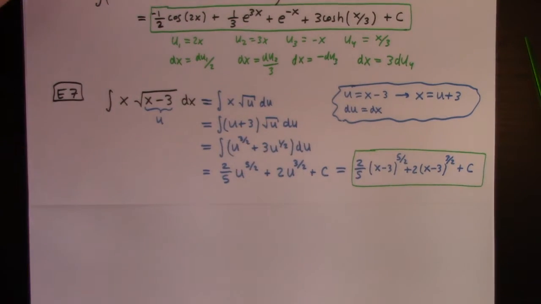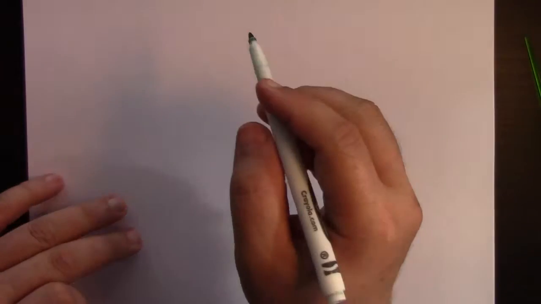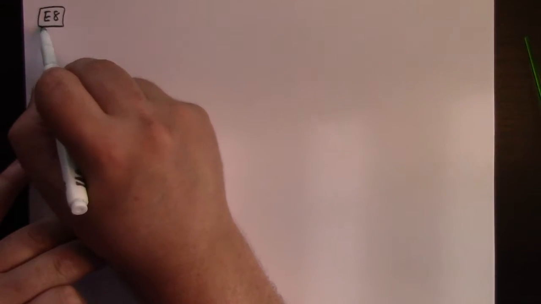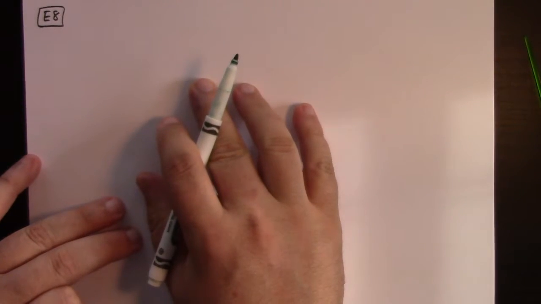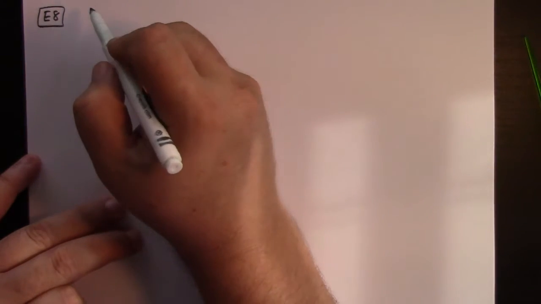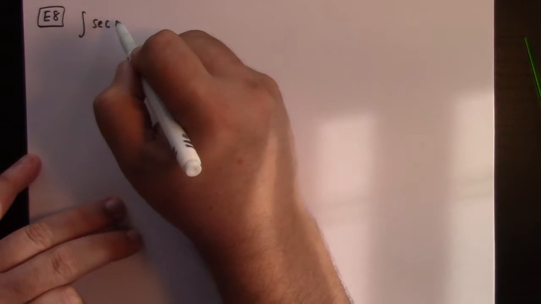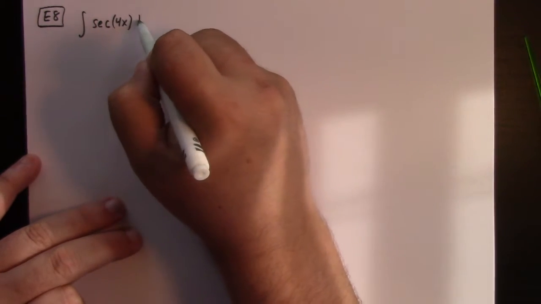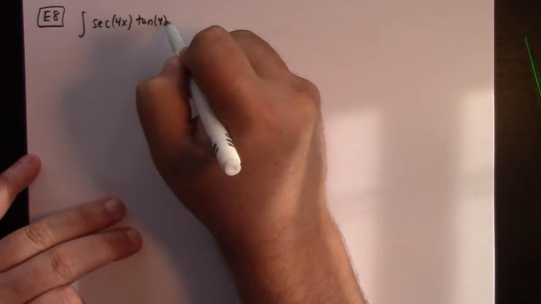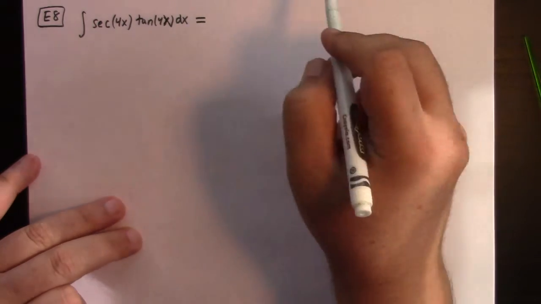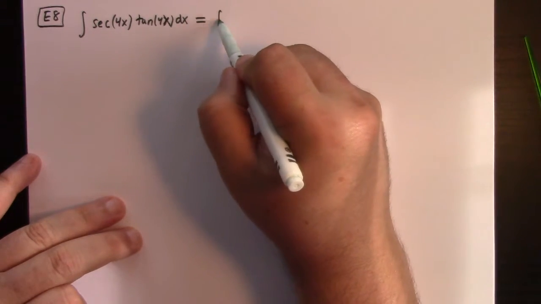All right. Let me keep looking at this book here, see if I can find some more examples for us. This is example 8. Let's see here. How about the integral of the secant of 4x times the tangent of 4x dx. What is that? Well, that's really the integral of